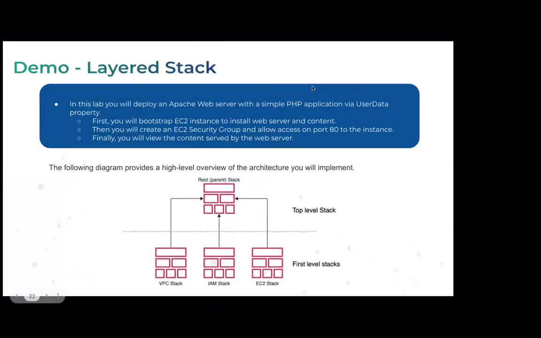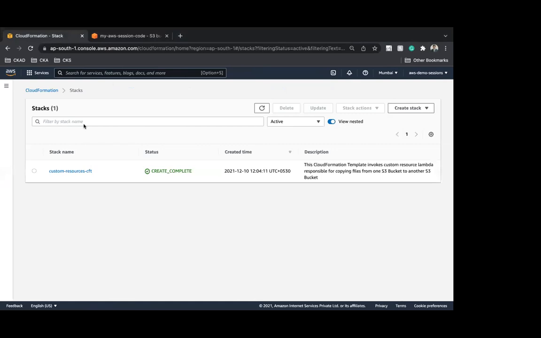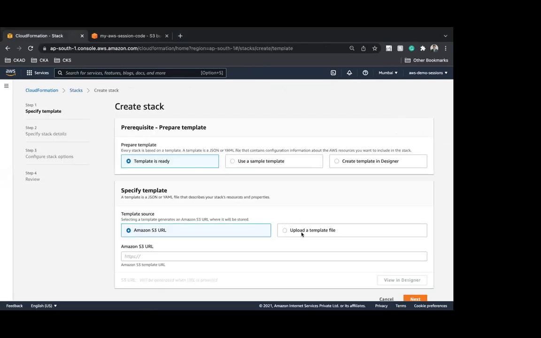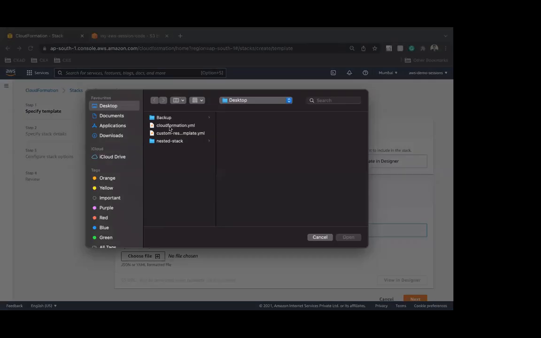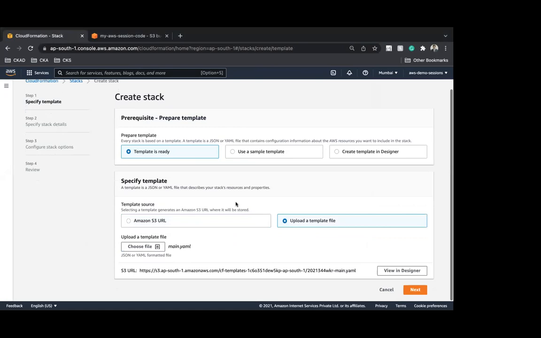So now what I have done is I already have the VPC and all those things defined here. I'll upload the first one. The first template, I'll upload it locally from my machine, or again, as I mentioned, you can simply give it from the S3. The main is the orchestration, where you define the sequence in which things need to work. So please ensure that the main is the orchestration layer and the remaining are the child templates.